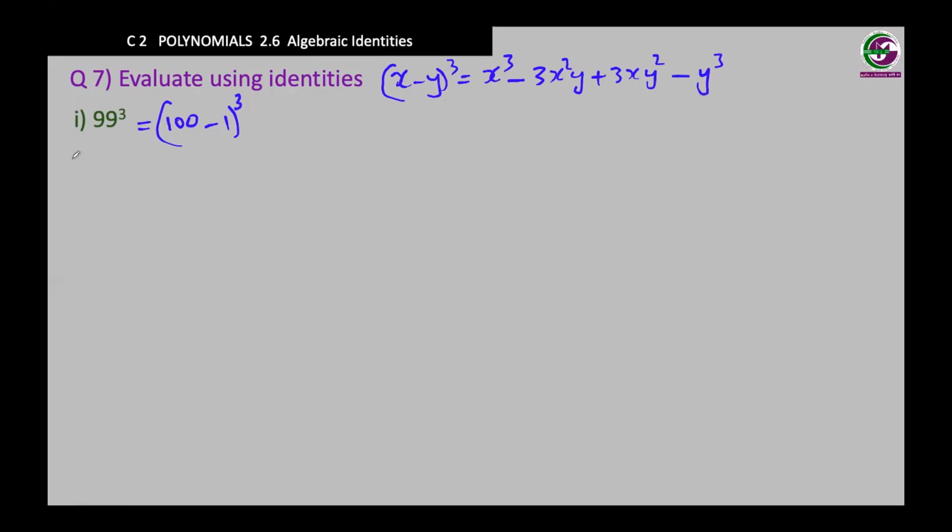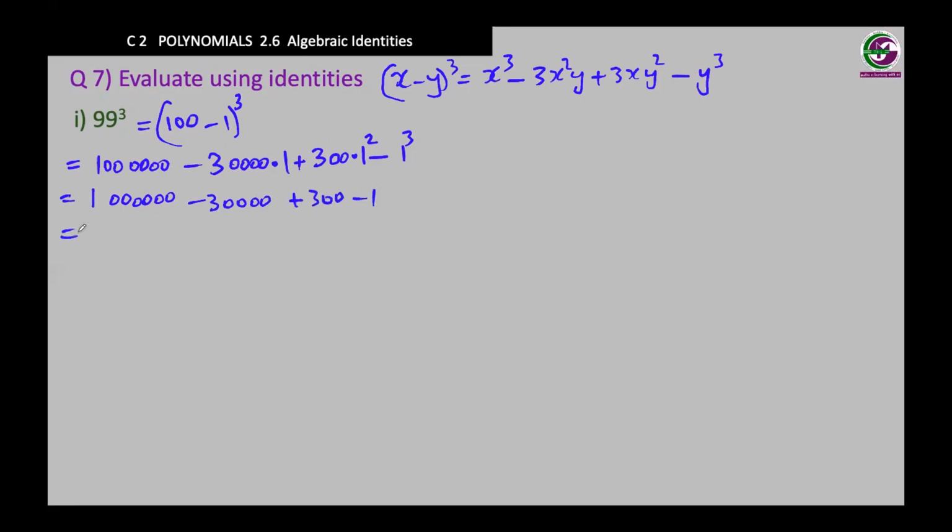So let's rewrite. 100 power 3 minus 3 times 100 square, so 4 zeros, times 1 plus 3 times 100 times 1 square minus 1 cubed, which is equal to minus 30,000 plus 300 minus 1, which will be equal to,